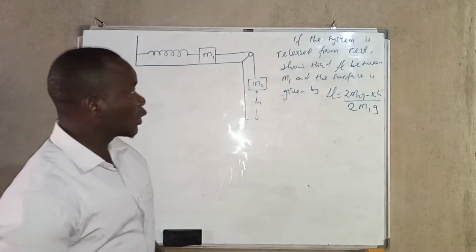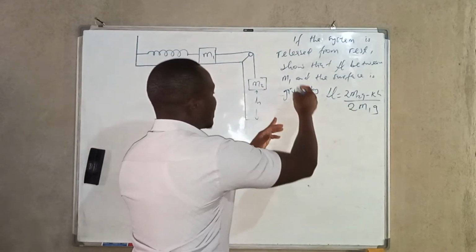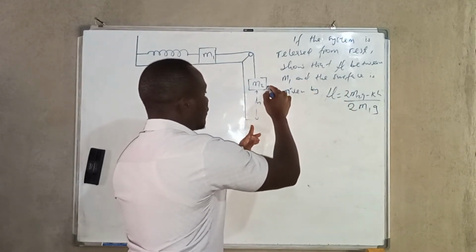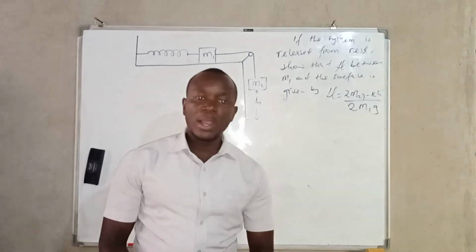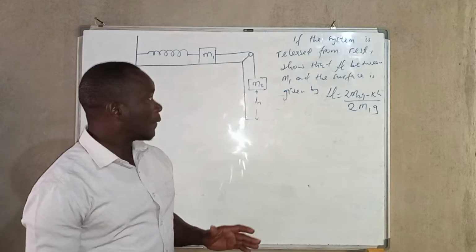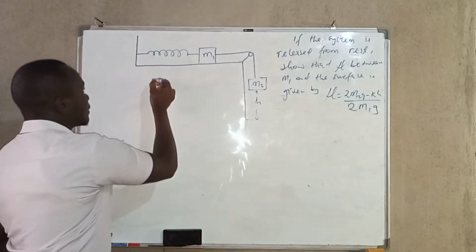Now we are told to show that this is equal to this when the system comes to rest. So when this mass falls a distance of h, coming to this point. So this is what we are going to do. Now, just from the beginning, we need to understand